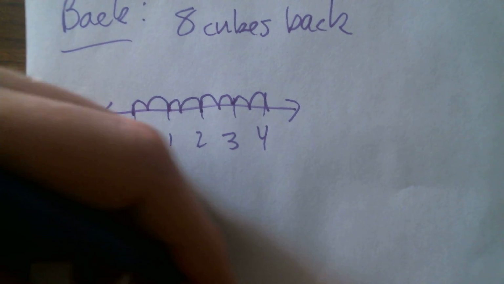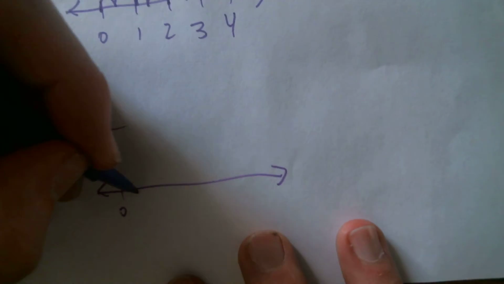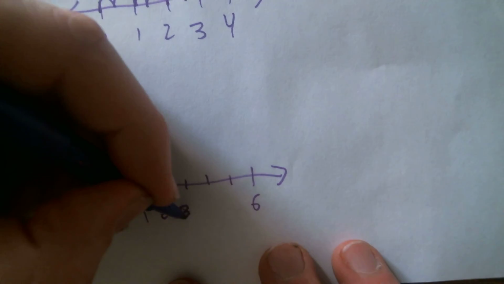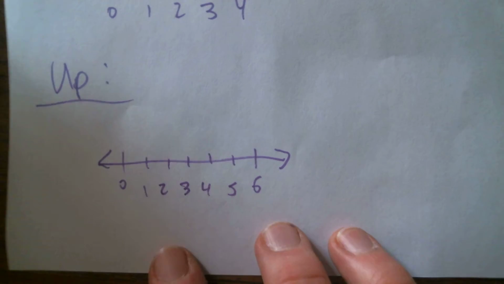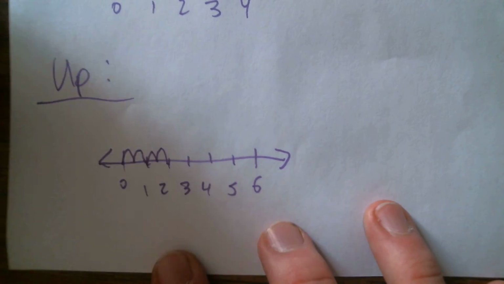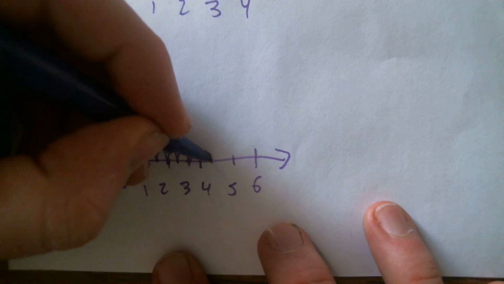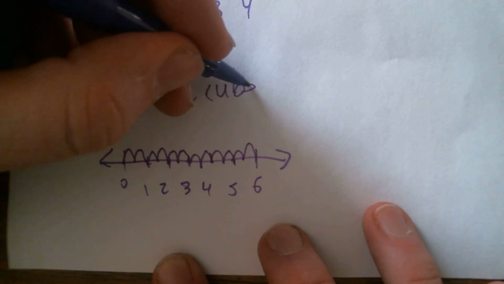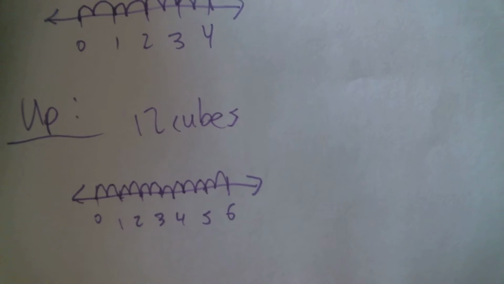Well, and what about up or tall? We have to go 6 inches up. 0, 1, 2, 3, 4, 5, 6. And again, ½ inches, so we have to count 1, 2 halves, 3 halves, 4 halves, 5, 6, 7, 8, 9, 10, 11, and 12. So 12 cubes up. So you notice if we cut the size of the cube in half, it doubles the